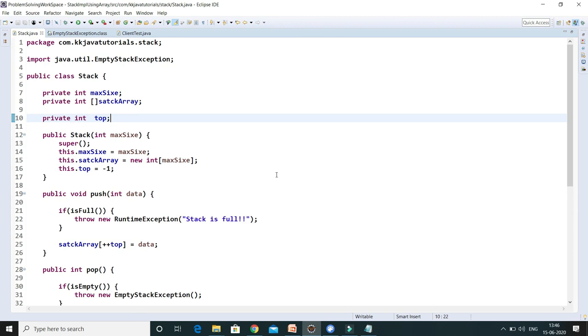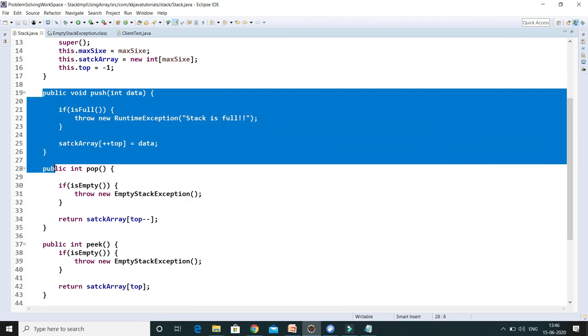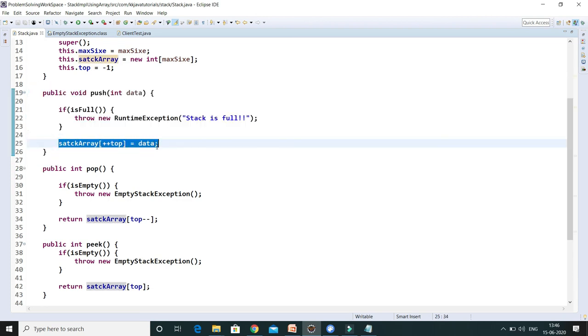Time complexity of push is just O of 1, because we are just putting an element into the array and incrementing the top.